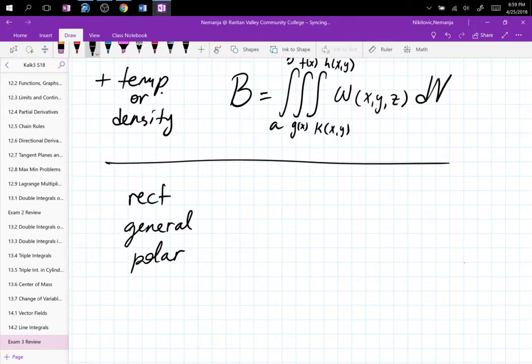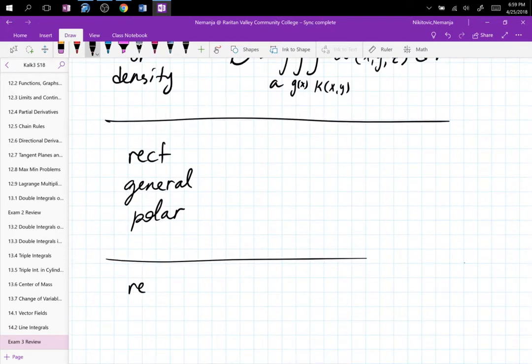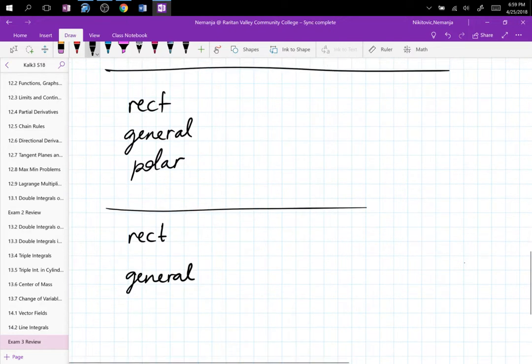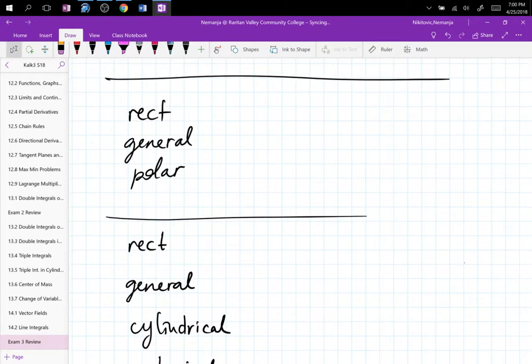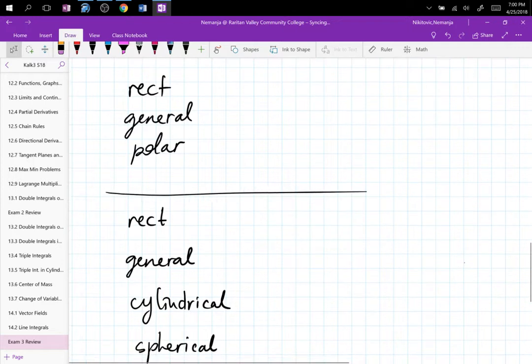And then I had the other set, which was rectangular, general, cylindrical, spherical. Now, what does this pertain to? All of this pertains to the shape of the domain and which way your integrals and their limits are going